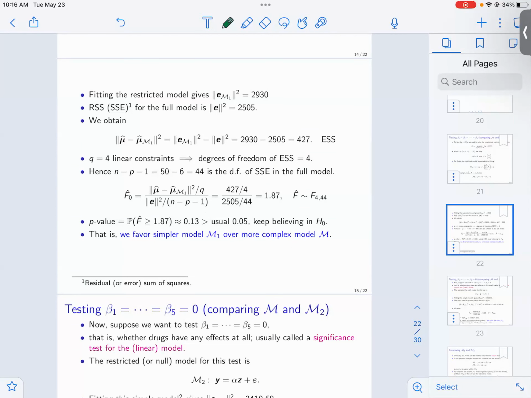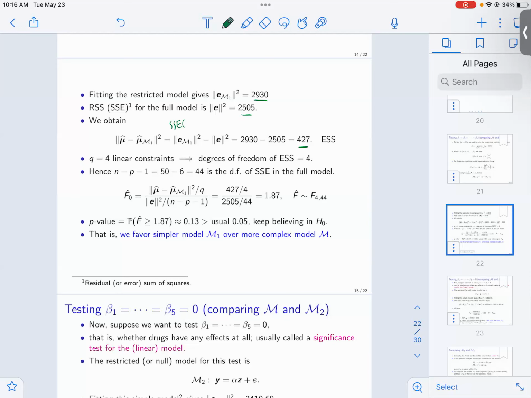I'm using M1. So in this case, it would be 29.30 here is going to be 25.50. The additional sum of squares, or extra sum of squares, would be the difference, which is 427. So this is divided by Q, which is 4. And then the E squared is the